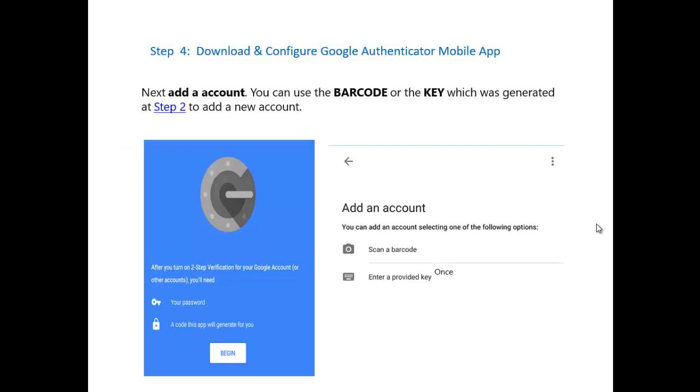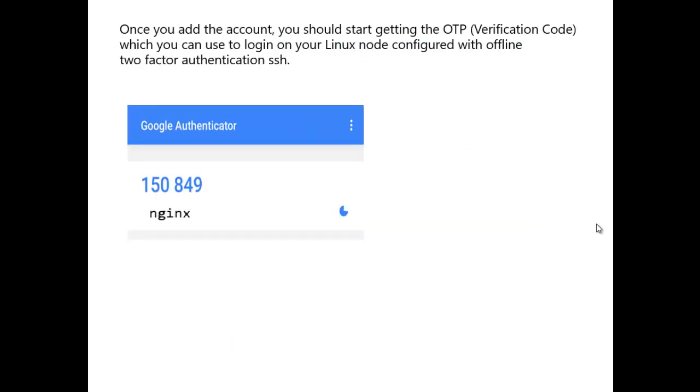And fourth step, download and configure the Google Authenticator mobile app on your mobile. During configuration, you can use the barcode or the key which was generated. Once you add the account, you should start getting the OTP, like 150849.